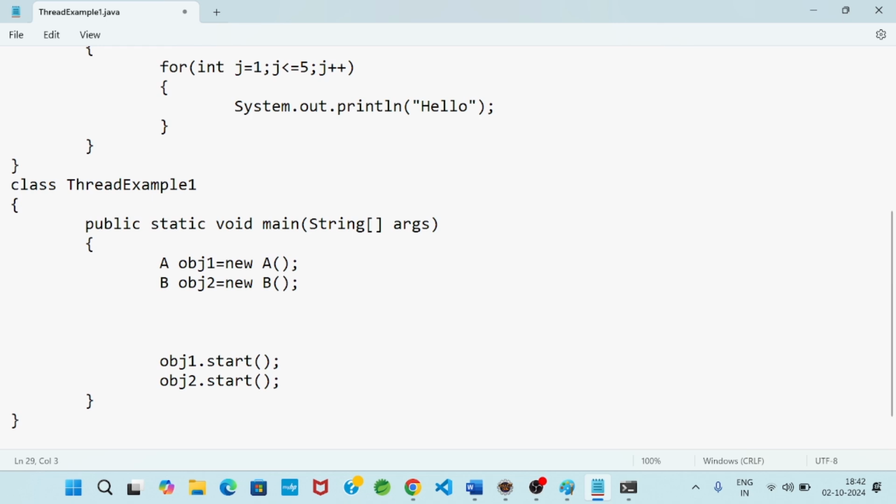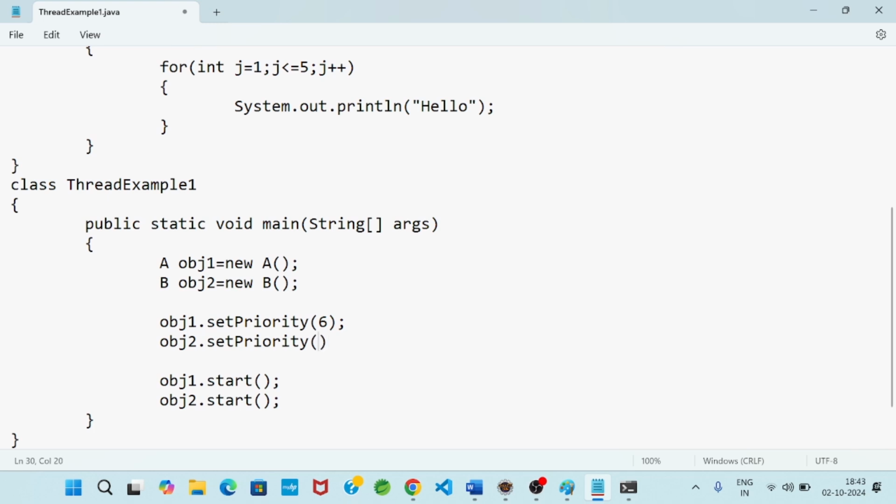Before the start method invocation, I can set the priority. In obj1 dot, there is a setPriority method. Suppose I give 6. Explicitly, we can set the priority of a thread. Suppose I write obj2 dot setPriority.